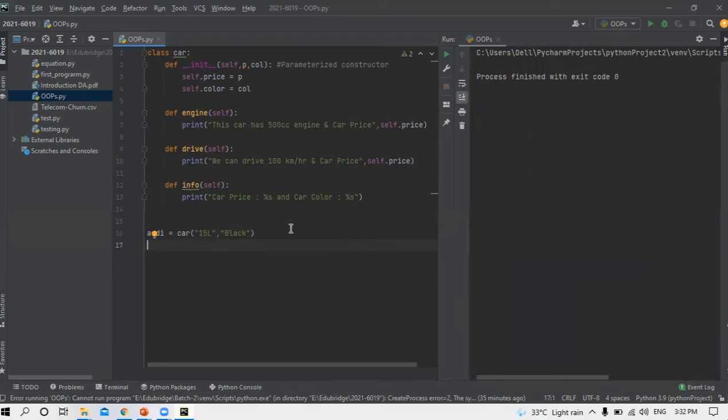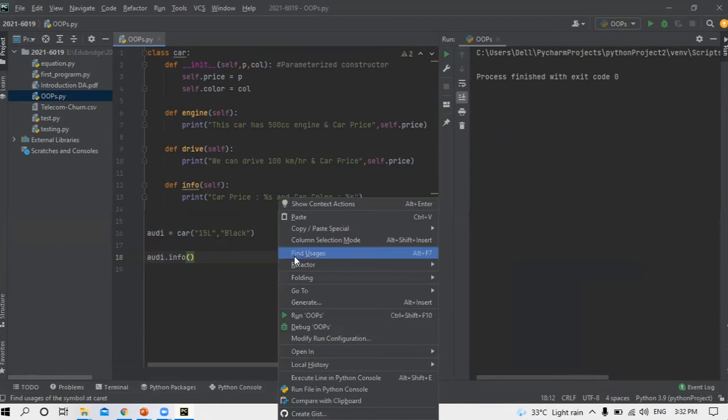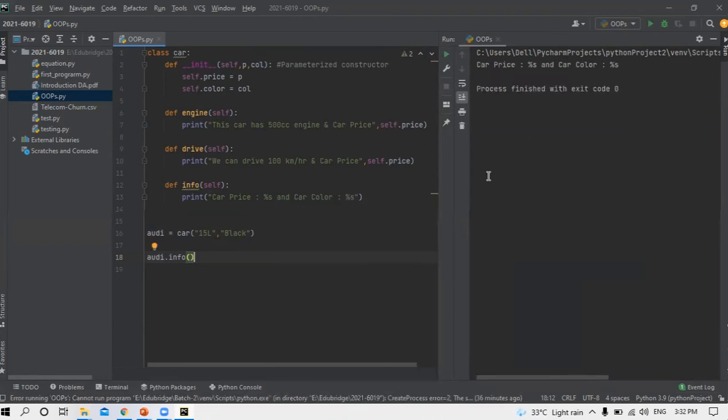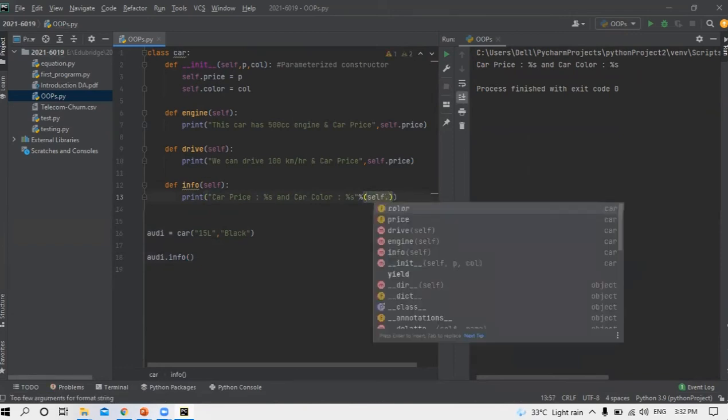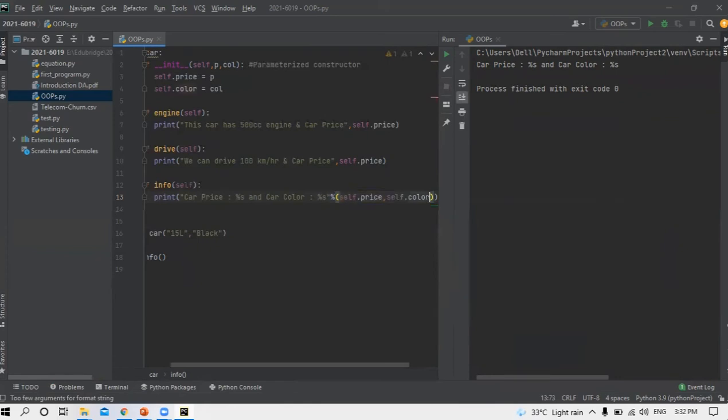And I'll try to access the info method, audi.info. When I run this, you'll get the perfect statement. Oh, I didn't pass the values here, percentage and self.price, the first one is the price, self.price, comma self.color.